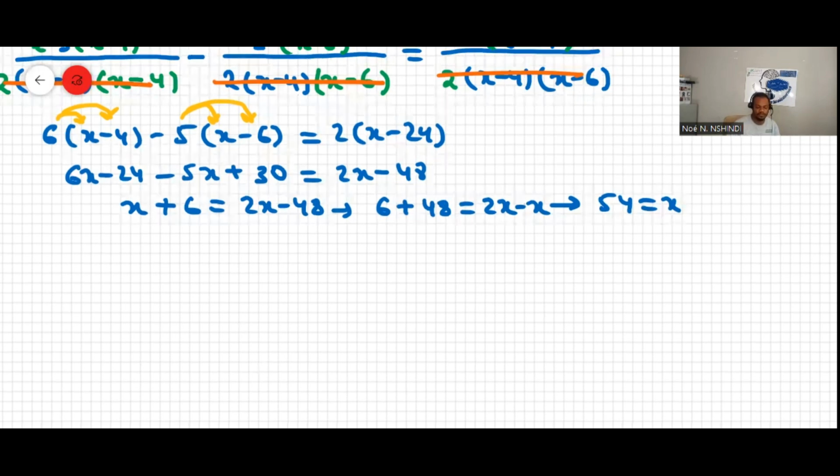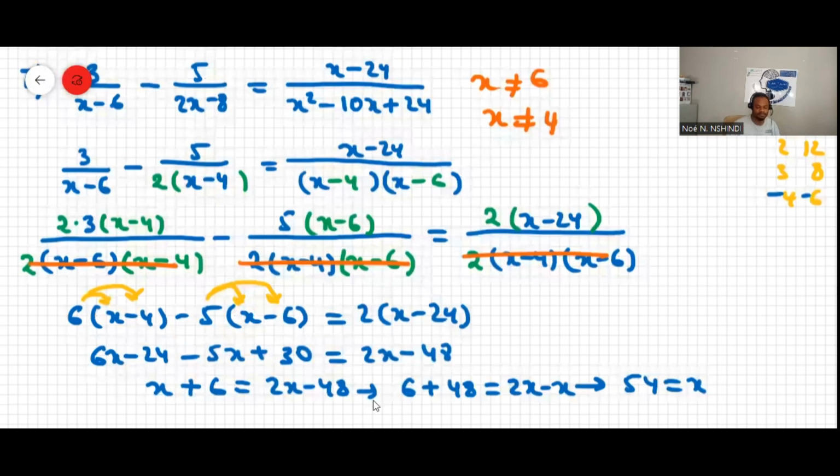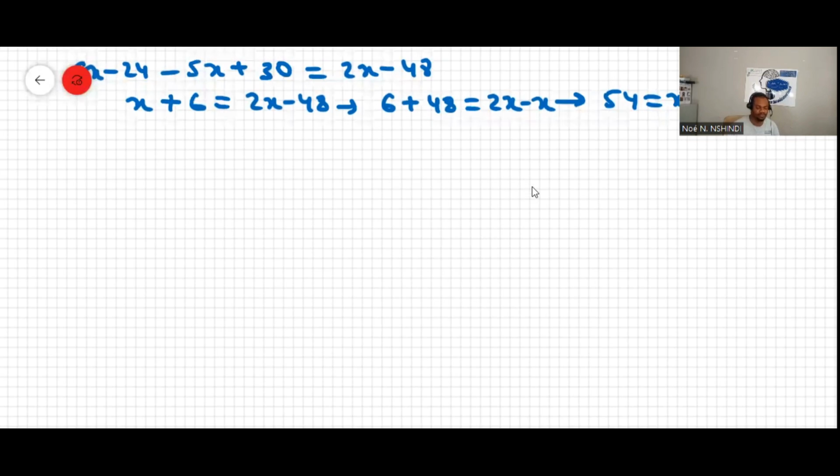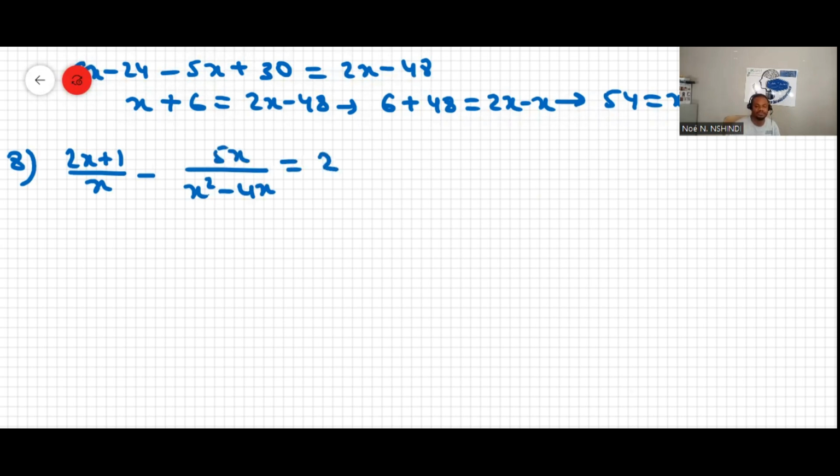And then 54 is not part of the restriction there. Now, question 8, we have like 2x plus 1 over x, okay, minus x squared, x squared minus 4x, and 5x equal to. Now, what we do here is that